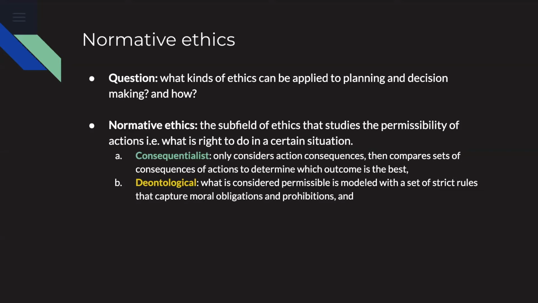There are many branches. Here, we are going to focus on two, which are the most researched: consequentialist and deontological. Consequentialism tells you that you can only consider action consequences and then compare the consequences of actions to determine which outcome is the best, which is something that is rather discussed in the literature because, basically, if you only take into account a consequentialist view, it can have not so good consequences in situations